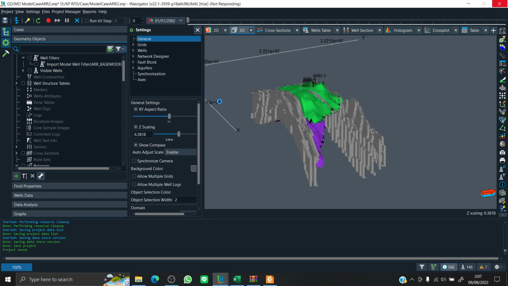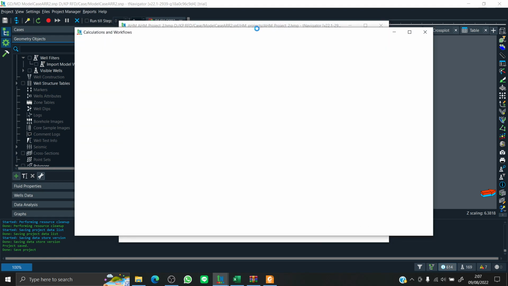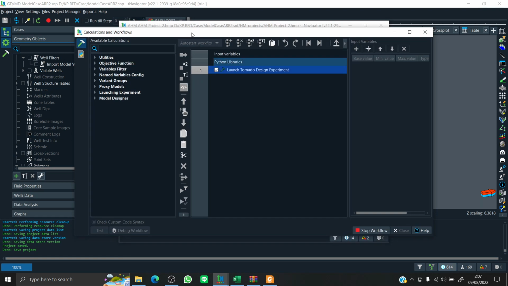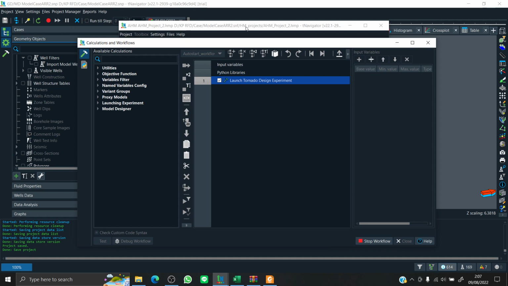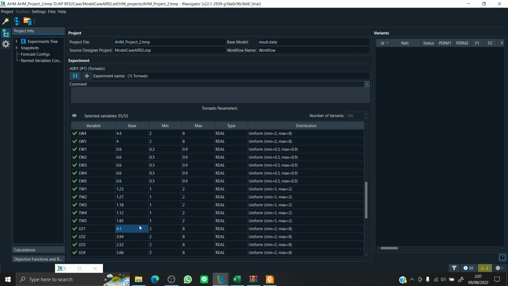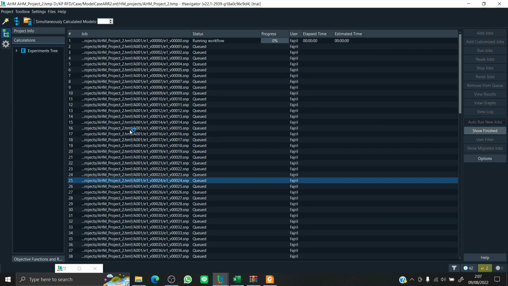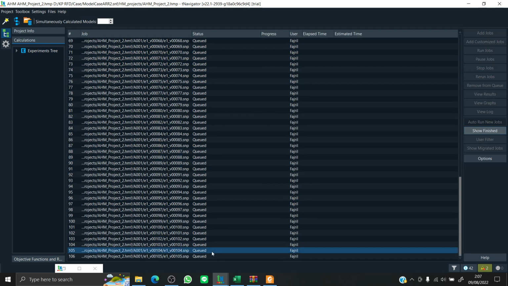Just gonna wait until the AHM module is open, and then the experiments will run. The licenses are checking, and okay, I think that's it. This is the workflow in the AHM. Okay, this is our AHM module. So you can see here we have incorporated our variables to be adjusted in the AHM module. So as we can see here, it's already calculating all of the models.